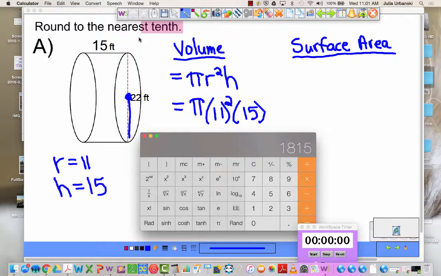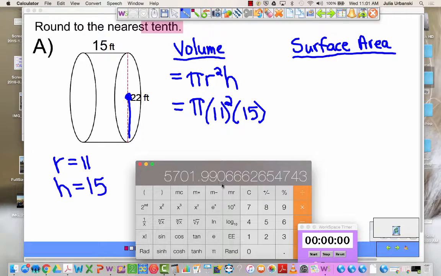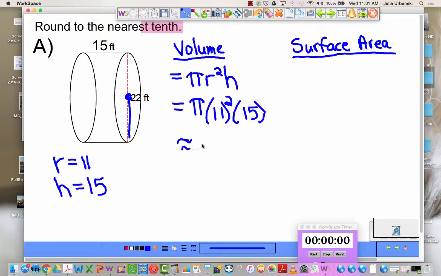Okay. Now the directions didn't say to leave in terms of pi. It said to go to the nearest tenth. So now I'm going to go ahead and say times pi, and I get this. 0.99. Good. It says the nearest tenth. The nearest tenth is right here. That's a 9. But I look at the next digit over, that 9 makes it go up. So instead of a 9, it turns into a 10, so it moves up. So the answer is 5702.0. Now, if you don't put the point 0,